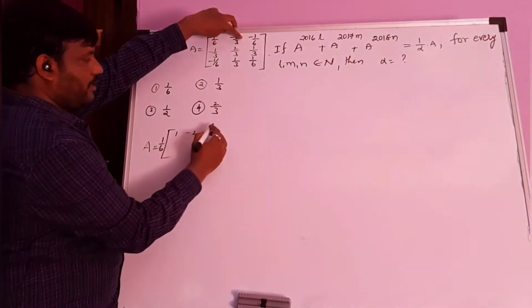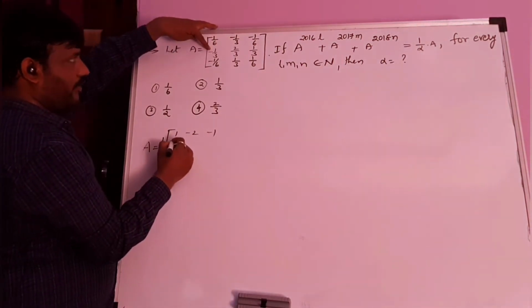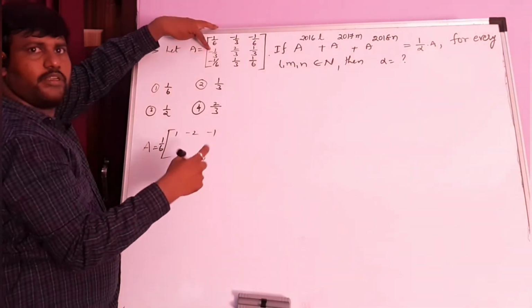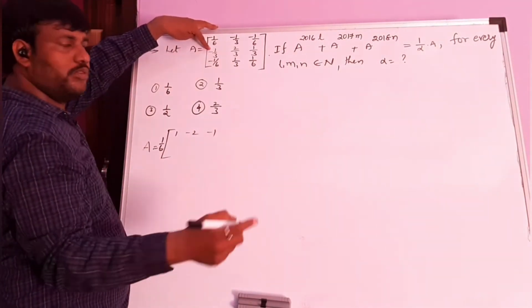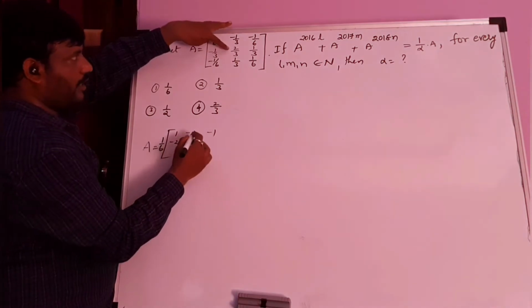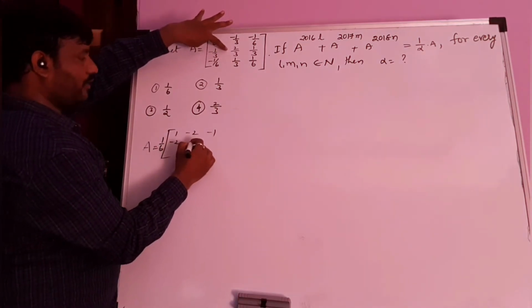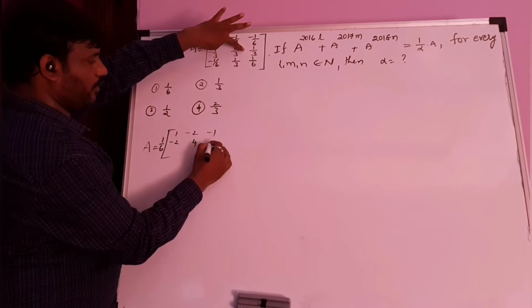Okay, it's clear. Here also you get minus 1. Here 1 by 3 is there. Whenever you have a by 3 in the denominator, you should multiply denominator and numerator with 2. Then you get minus 2 here. Similarly, 3 is the denominator. You go for multiply and divide with 2. You get 4. Here you get 2.